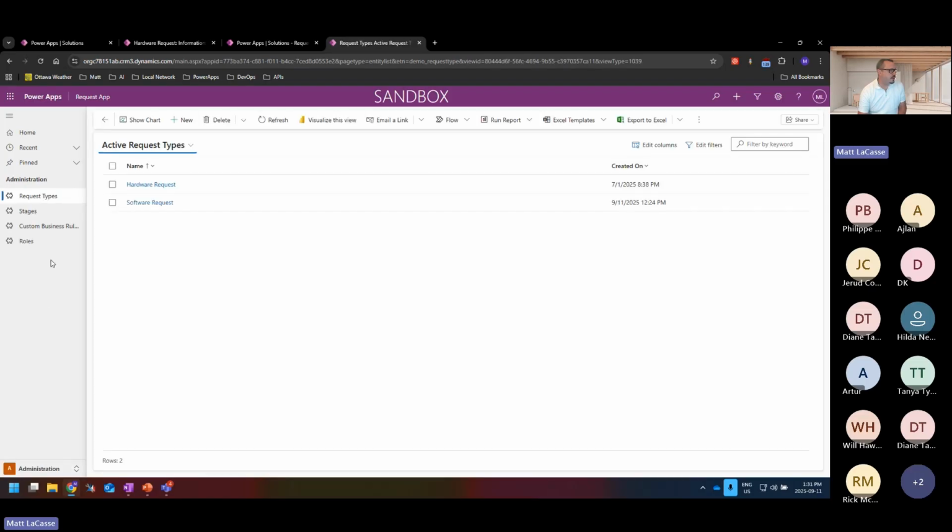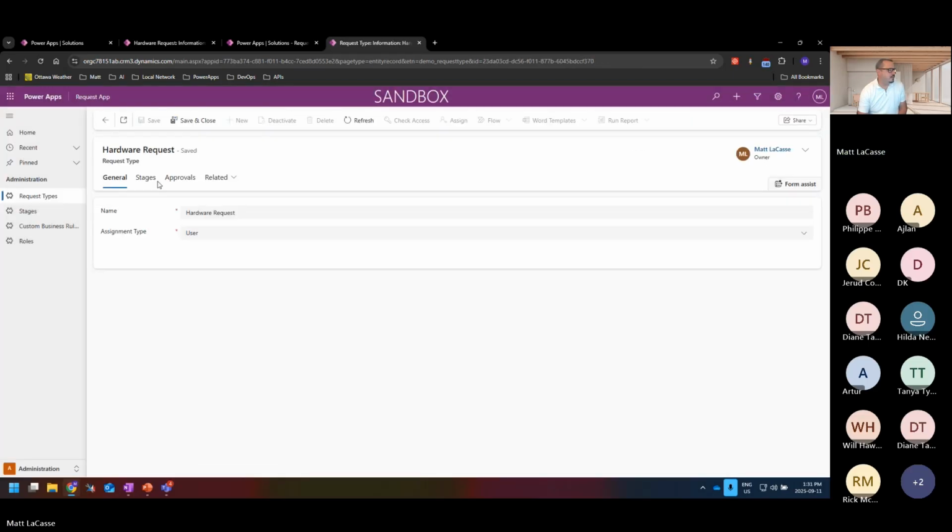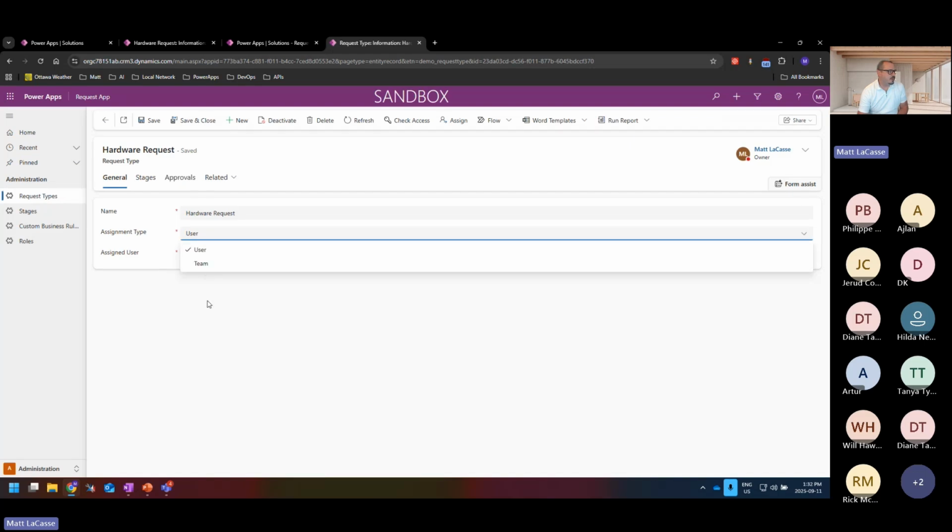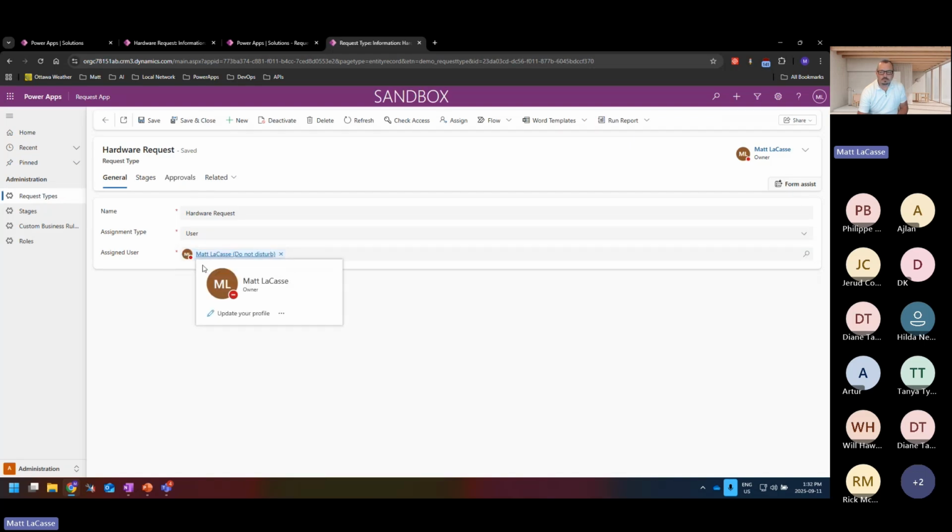So we have already gone ahead and created our request type table to start to manage this. And we're going to get rid of that because we're going to recreate it later. That should not have been there. So in our request type, we obviously have to have a name, so we're specifying that. And then our first piece of business logic that we're putting into our data layer is the assignment. So when this is created, we can now configure whether or not it's going to be assigned to a user or a team, and then who that's going to be.